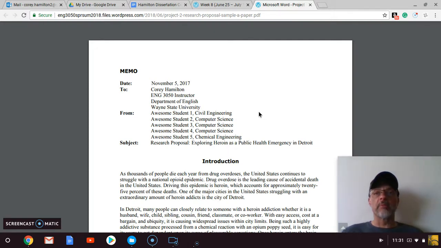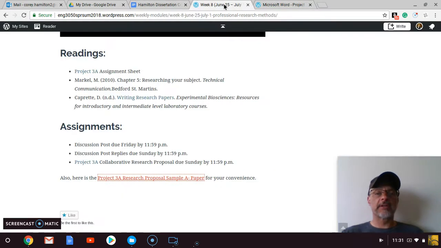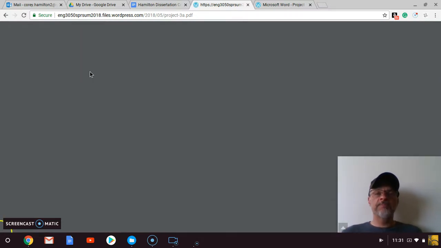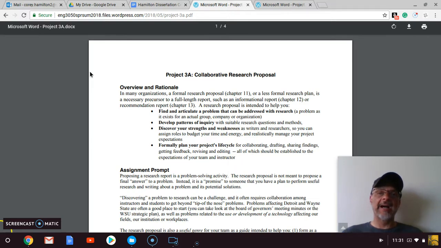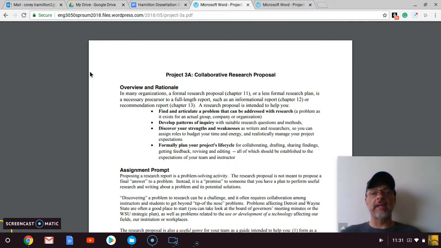I'm more concerned about a summary when we get to Project 3C. So if you want to follow this particular formatting from the sample that we've got right here, I'm totally fine with that. And then use chapter 11 if you want to find out more about some of those sections. And then, of course, the assignment sheet explains what we want to do in each of those sections for Project 3A. And again, this is our proposal. So for Project 3A, I am your audience, okay? But you're going to tell me who your audience is, right? For Project 3A.